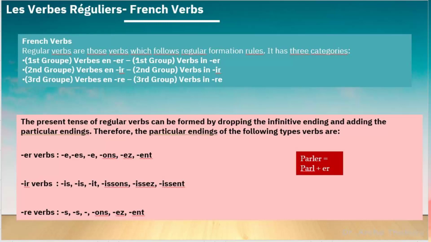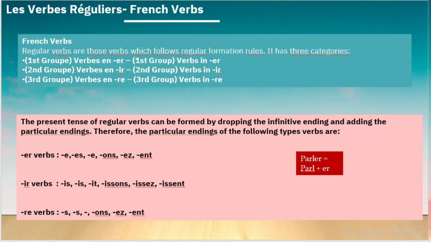Now, regular French verbs have three groups, and the groups are based on their ending, which is called les terminaisons. How the verb is ending decides its conjugation. So there are three possible endings. Er ending verbs, because in this course itself you must have heard parler. Parler, je parle français. Je parle français.